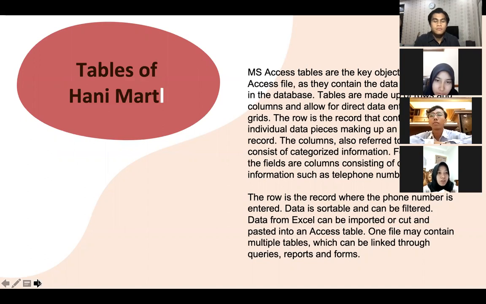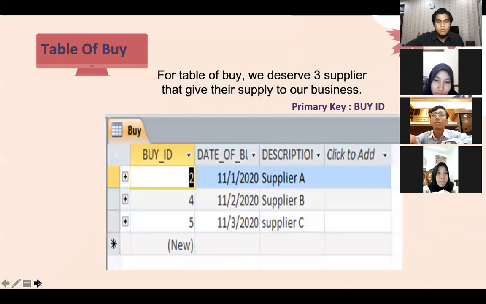For example, the fields are columns consisting of categories of information such as telephone number. The row is the record where the phone number is entered. Data is sortable and can be filtered. Data from Excel can be imported or cut and pasted into an Access table. One file might contain multiple tables which can be linked through queries, reports, and forms. Next,